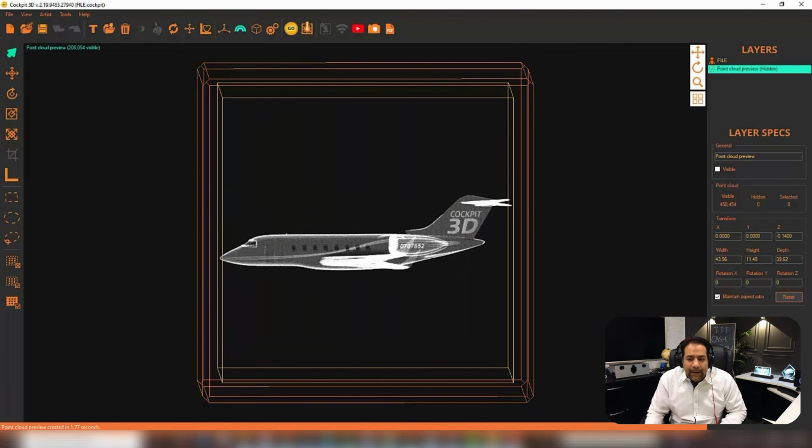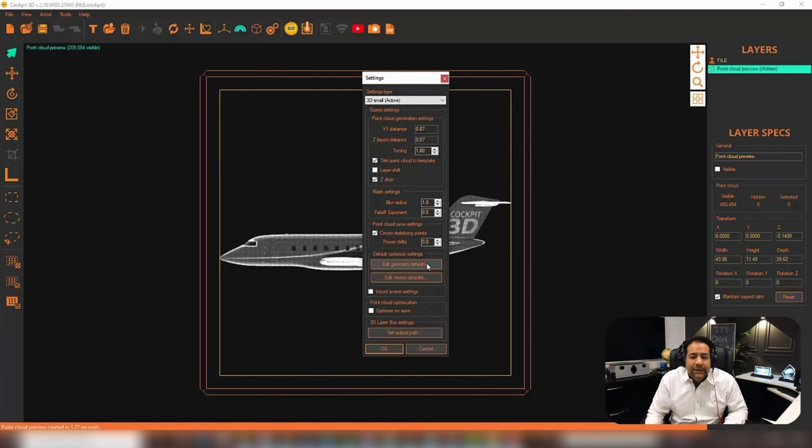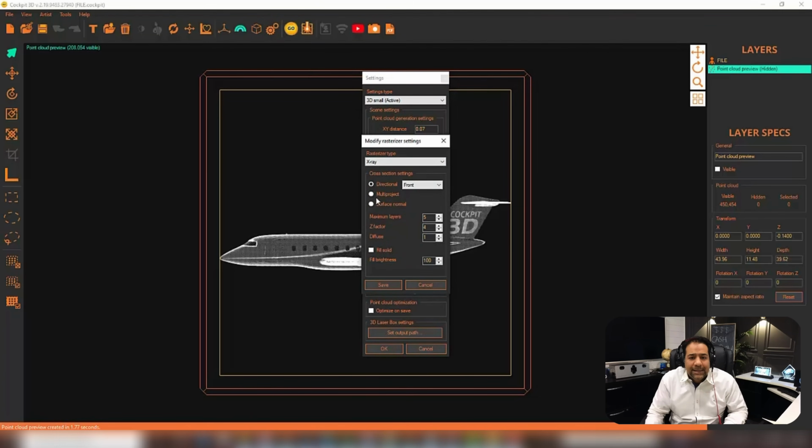And by the way, it's always based on preference, and it's also based on models, because some models that are spherical might look better with a different format in terms of how the points are being casted or generated. So watch this. If I go back to X-ray and I select multi-project, by the way, what does this mean? Directional means that it's looking best from the frontal direction. So when I'm looking at the crystal from this direction, it's looking the best. If I changed it to look best from the left side,